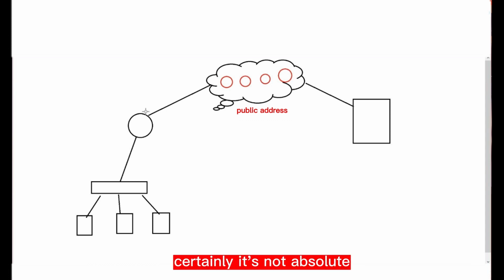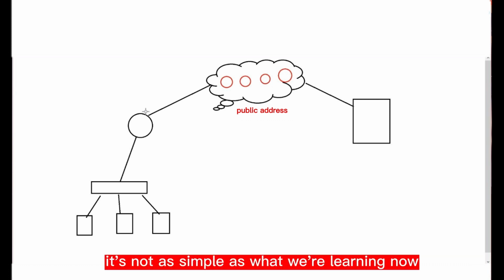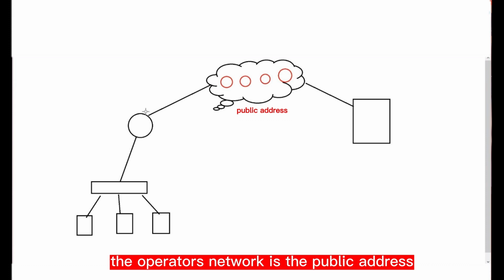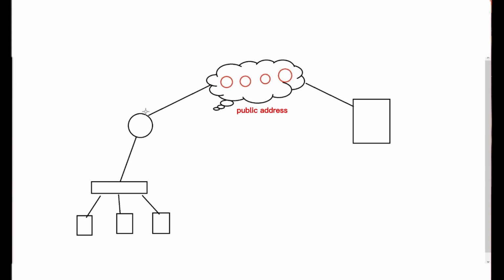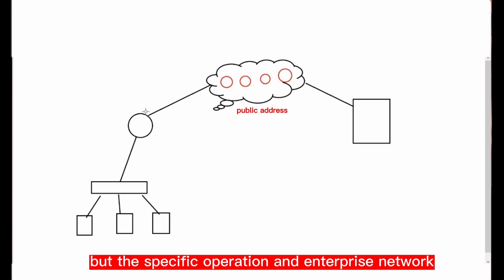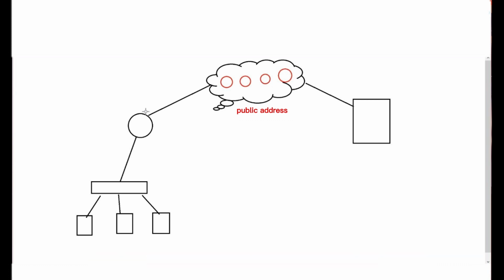Certainly, it's not absolute. Later you will find out it's not as simple as what we're learning now. But you can understand this now. The public network, the operator's network, uses public addresses. Of course it also has a private network. But the specific operation and enterprise network are not the same operation model. Therefore,